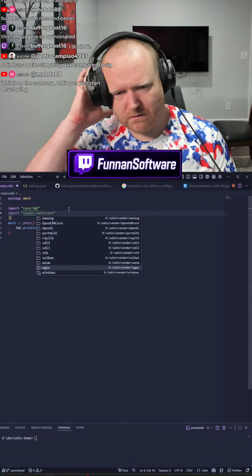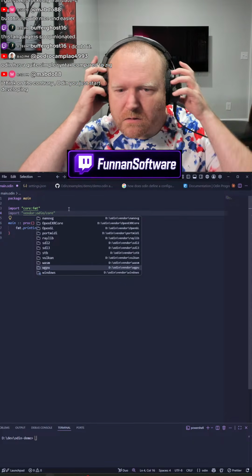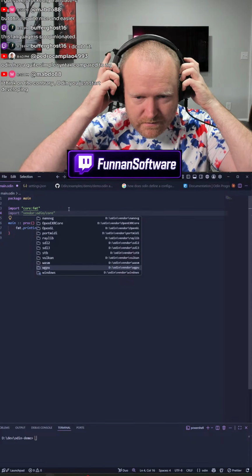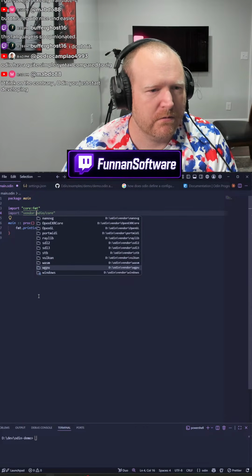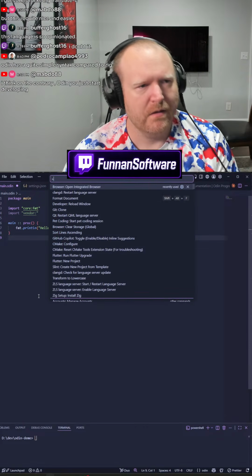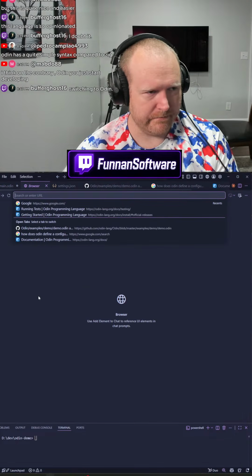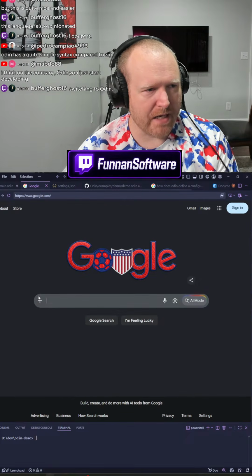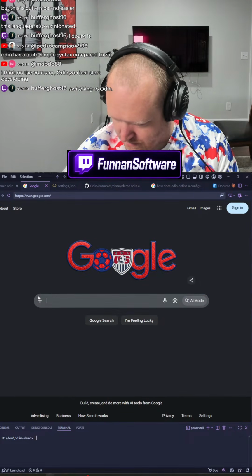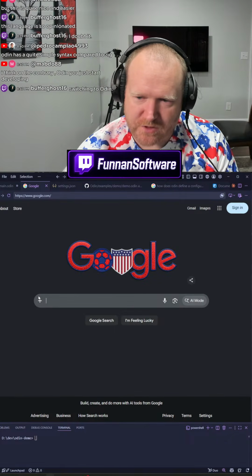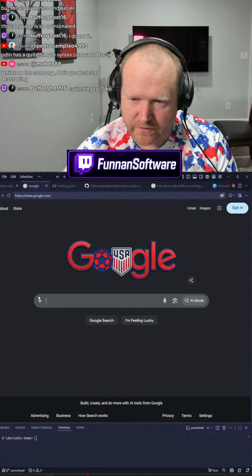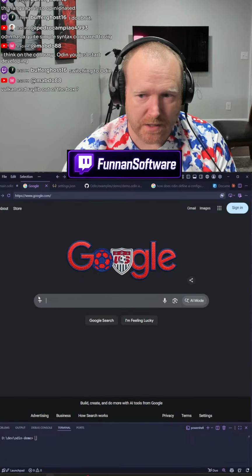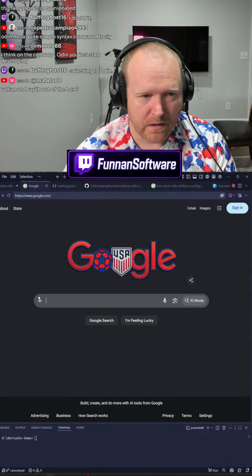Wait. Wait a minute. WebGPU. The reason I question that, it has been my understanding that the only implementations of WebGPU are the native one built in Rust, and then the C++ one built by Google called Dawn.